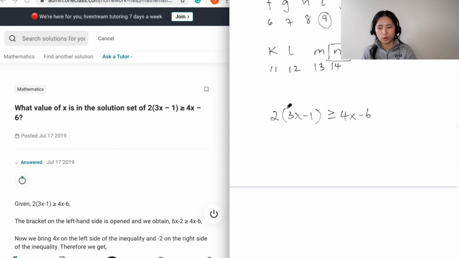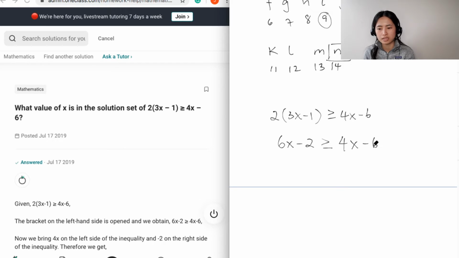Whenever you get an inequality question, just focus on solving for x the same way as you would if you have an equation that has an equality symbol. There we go, right? Just isolate x on one side and you get a constant, for instance, in this question. So here you have to distribute 2 to each of the terms, right? So you would get 6x, then you would get minus 2, then this is greater than or equal to 4x